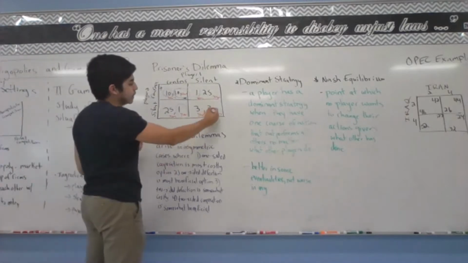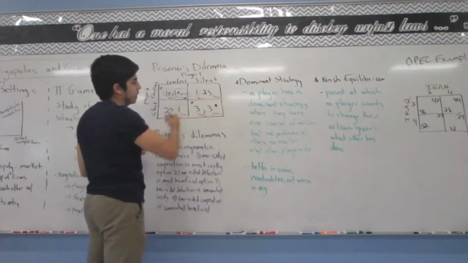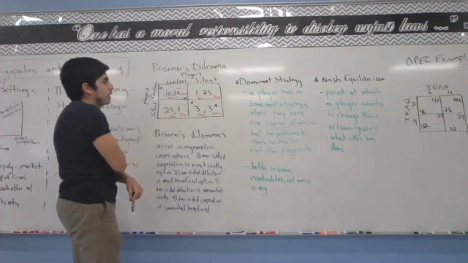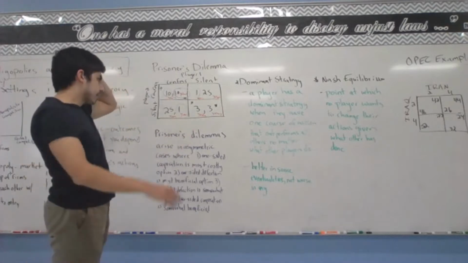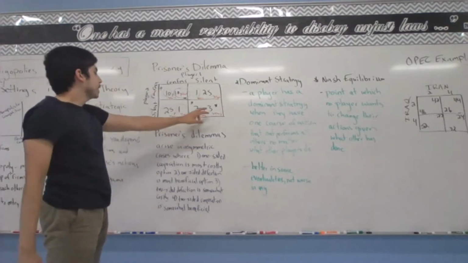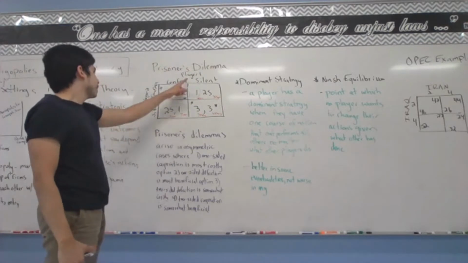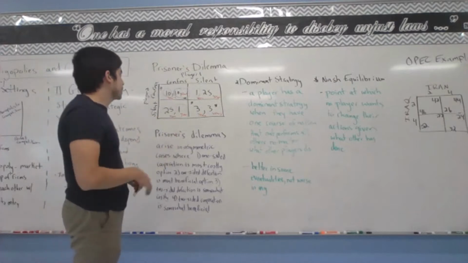Now, even though this is probably the outcome that is best for both of them, the cooperative best outcome, I should say, there is an incentive to deviate, right? Player number one, if they find out after the police come to them and say, well, the other person stayed silent